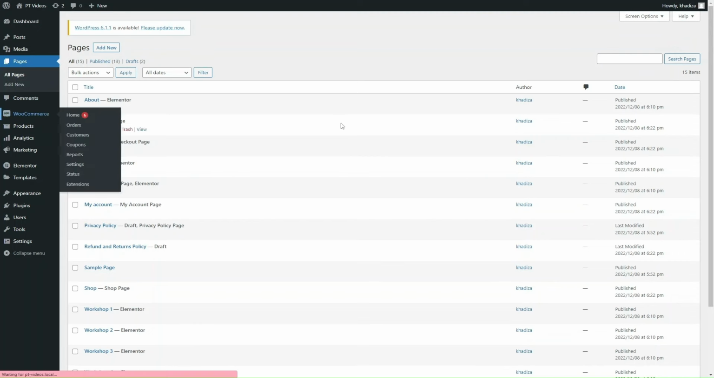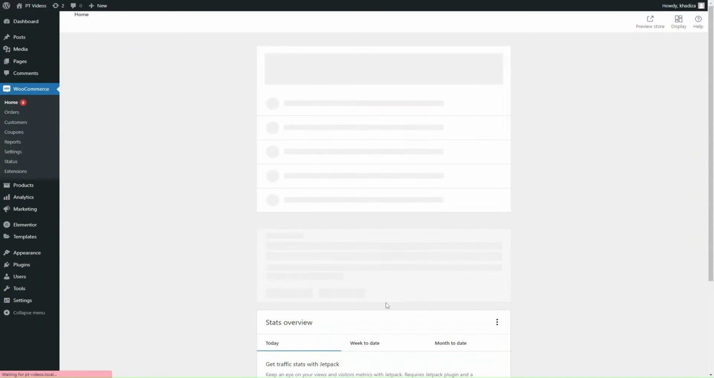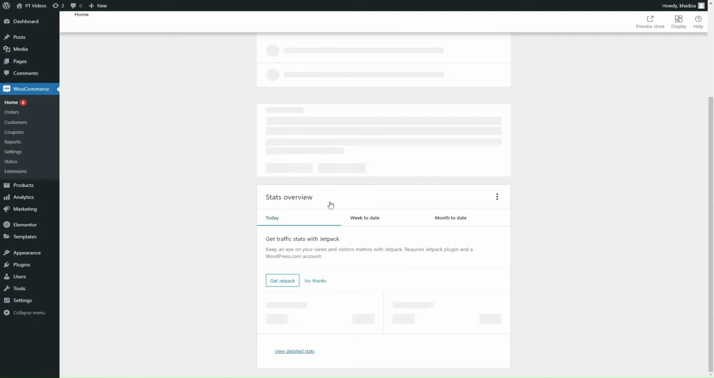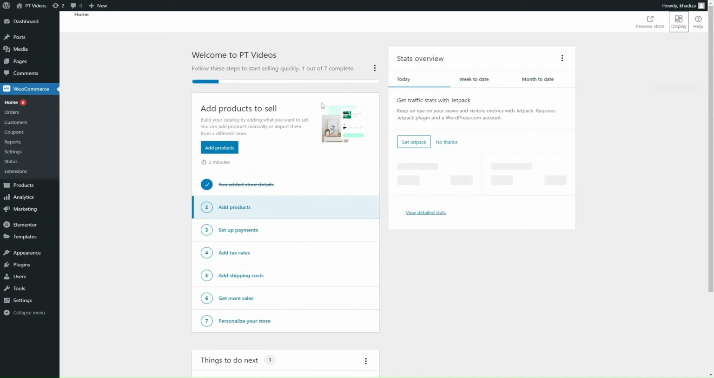So back to the WooCommerce plugin. On the dashboard, you'll just see the step-by-step list of what you need to do next, and you'll also get some stats overview as well. You can also change the display. So right now it's single column, you can change it to a 2-column display. In the orders tab,